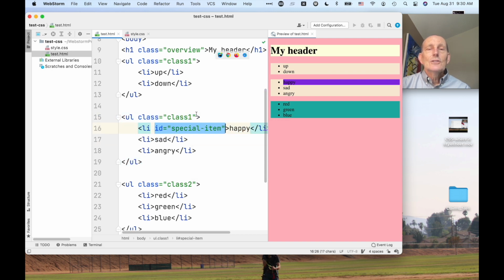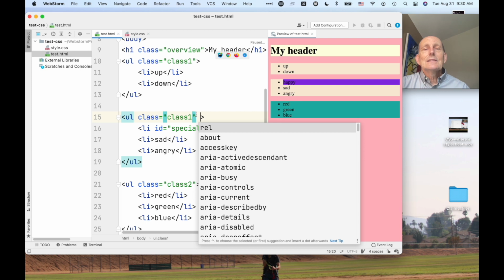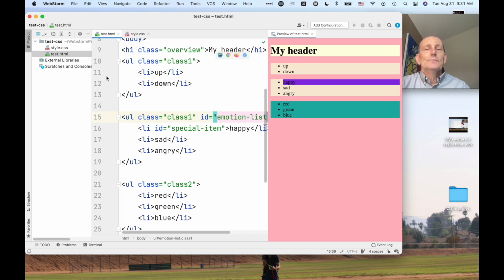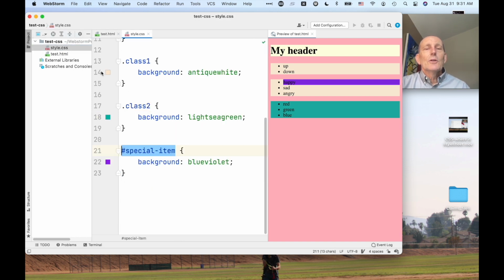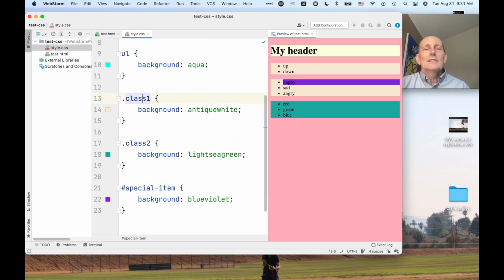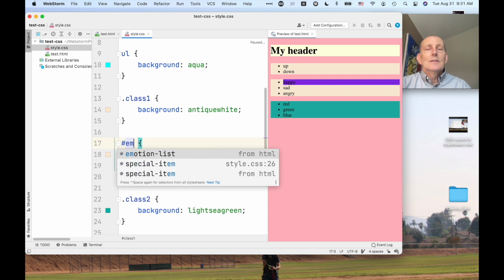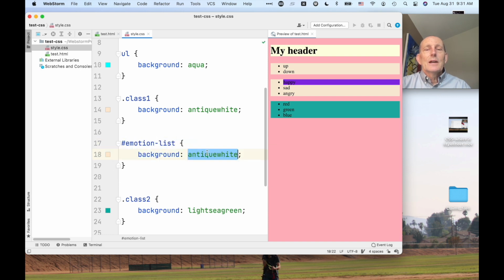Could you have something where we have both the class equal to class1 and the ID equal to, let's say, the emotion list? Sure, that'd be fine. So if we go back over here, class1 is antique white, but we could be more specific than that and say that the emotion list has a background that